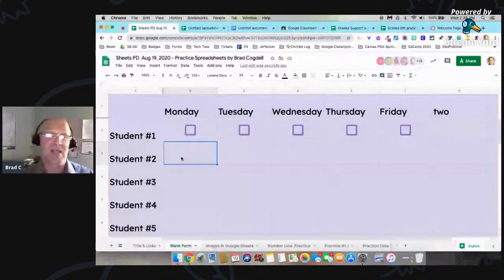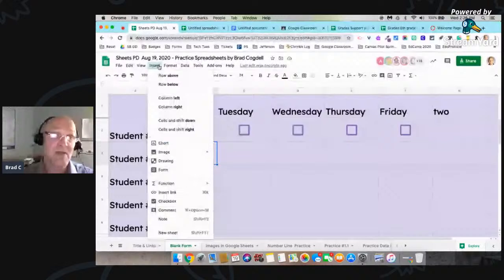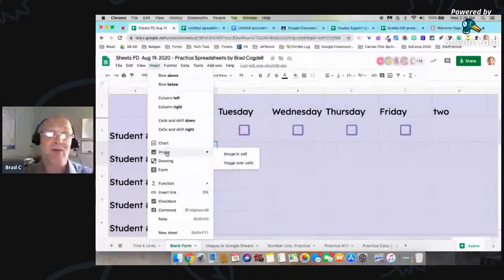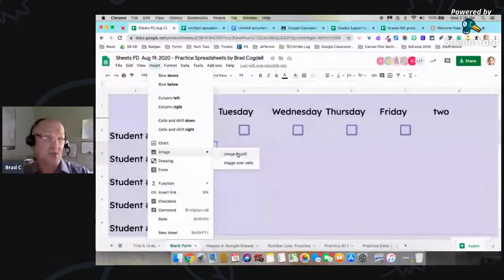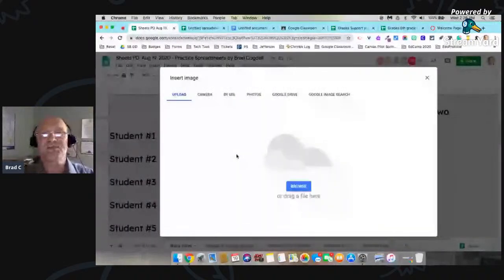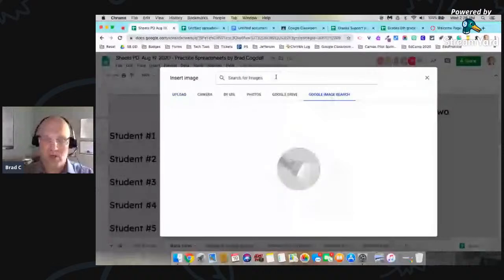So I'm going to select this box and I'm going to go to Insert. I'm going to go down to Image and you have a choice here. You can put the image in an exact cell, or you can make the image hover over the top and you can slide it and put it wherever you want onto your spreadsheet. So let's put it in a particular cell the first time. So I'm going to insert an image. I'm going to choose from my screen Google image search, and I'm going to search for